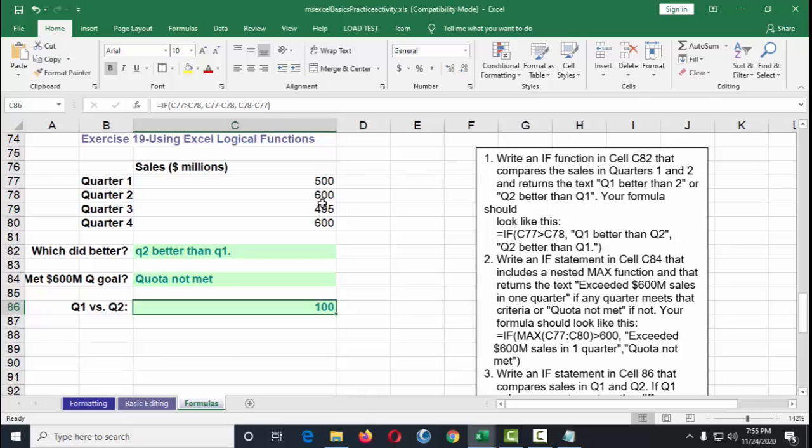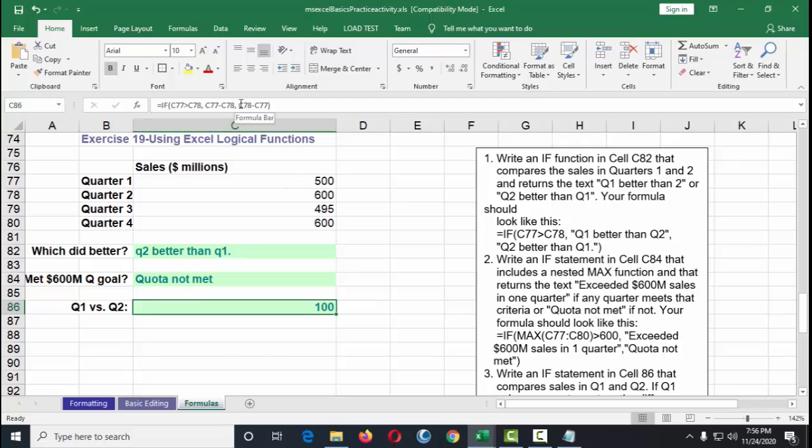Otherwise, C78 minus C77, because C77 is not greater than C78.